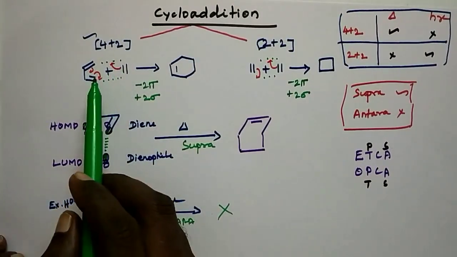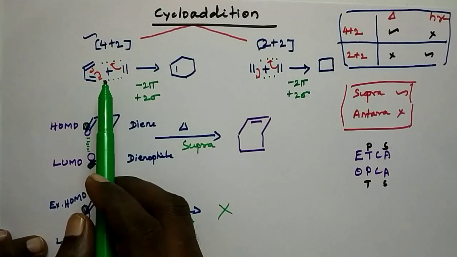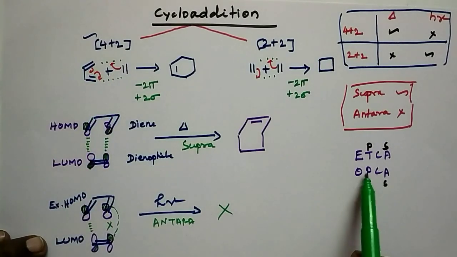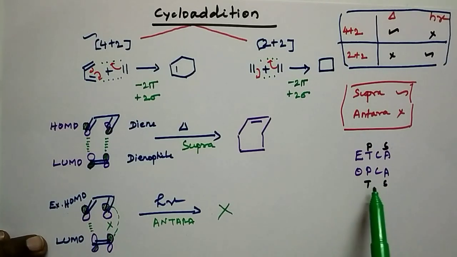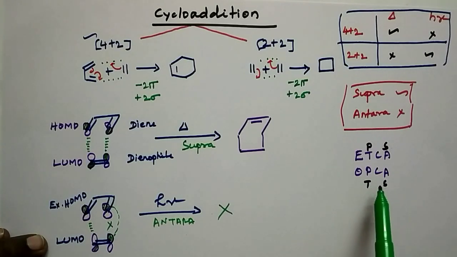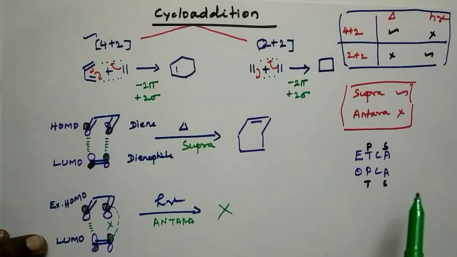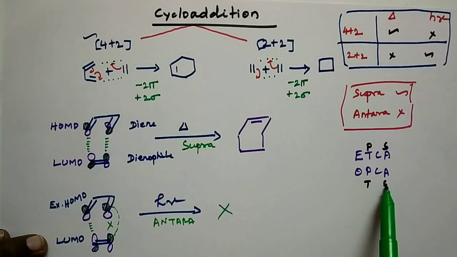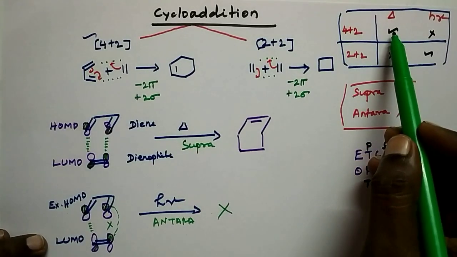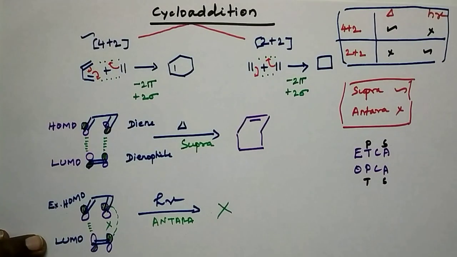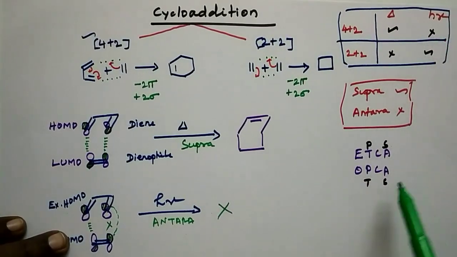Overall, how many pi bonds? 3 pi bonds. Odd number. Odd photochemical antarafacial. Odd thermal suprafacial. In our case, antarafacial is forbidden, suprafacial is allowed. So odd thermal suprafacial is allowed. Okay, suprafacial is possible only at thermal condition, and that is why thermally allowed, photochemically forbidden. Because photochemically it is antarafacial,